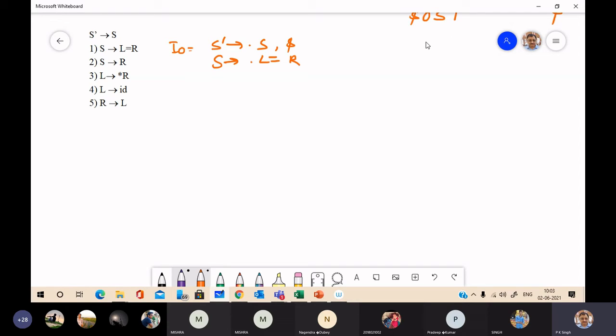How do we compute the closure? You can relook the rule.